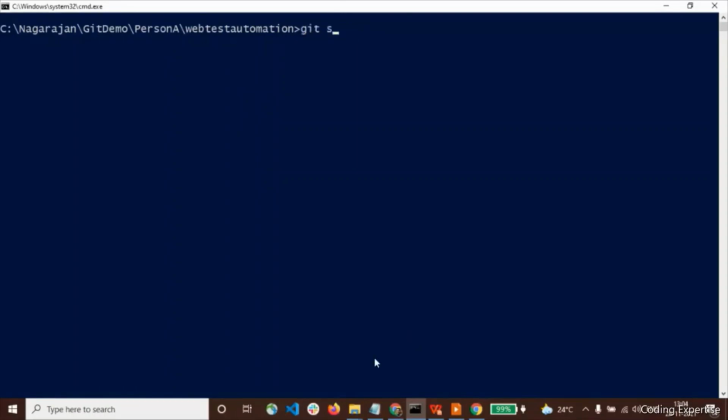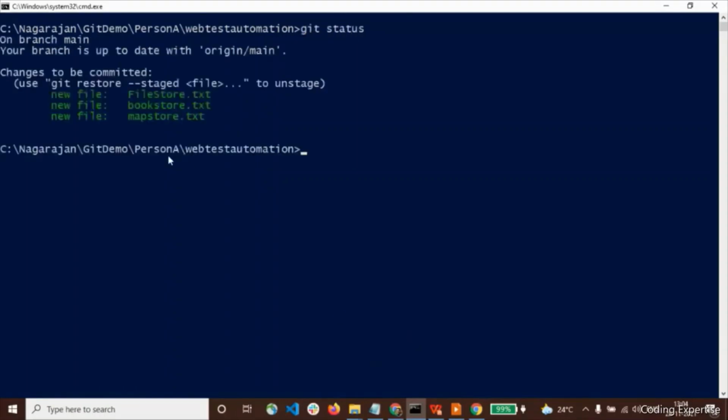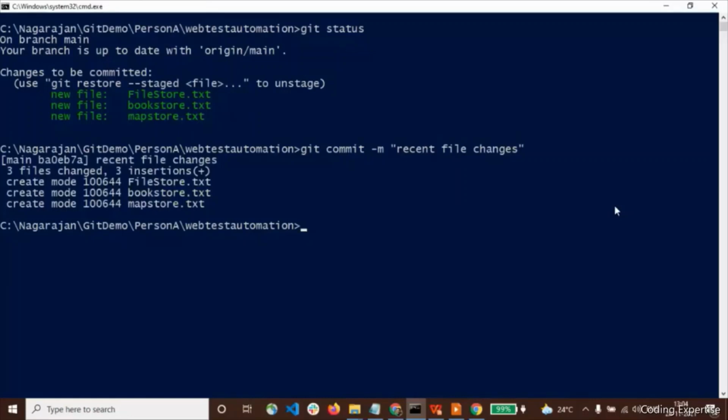Okay, let me put the git status. So all these files which we have stashed, right? So that needs to get committed. Okay, let's do the commit first. Store file name. Listen file changes. Yeah, and then we'll get into this git clean command.